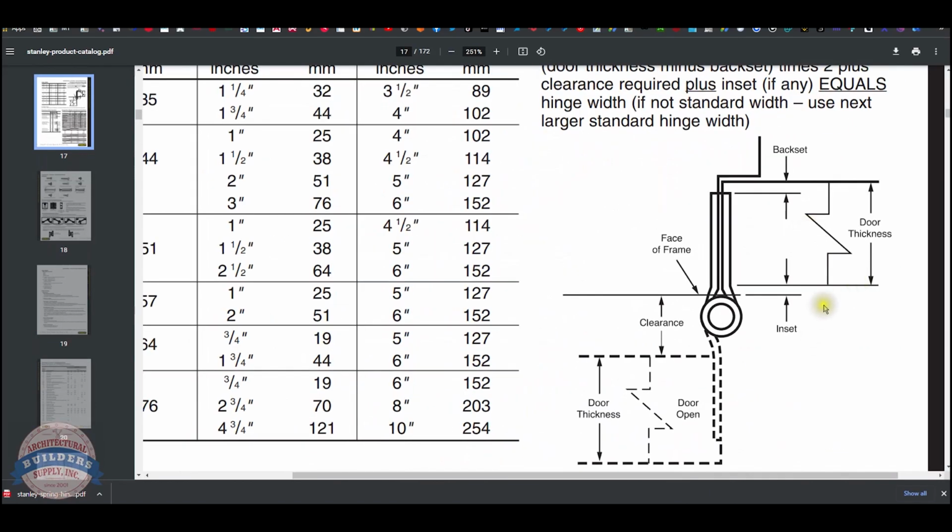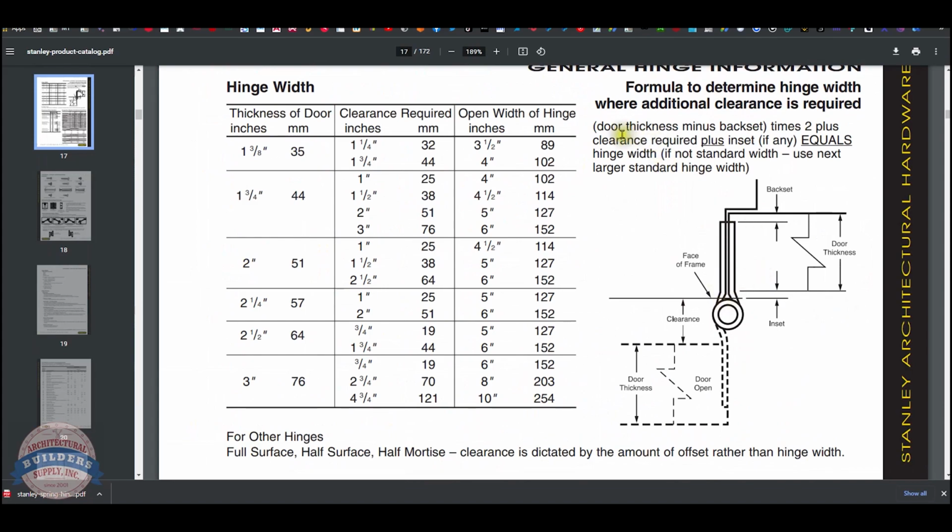The formula for determining the width of the hinge is door thickness minus backset times 2, plus the inset, plus the clearance. Whatever the answer is, it doesn't matter. The point is that it's important to know the backset accurately, and that is what the hinge backset is. Okay, that's 2 reasons why it's really important to know absolutely what that dimension is,